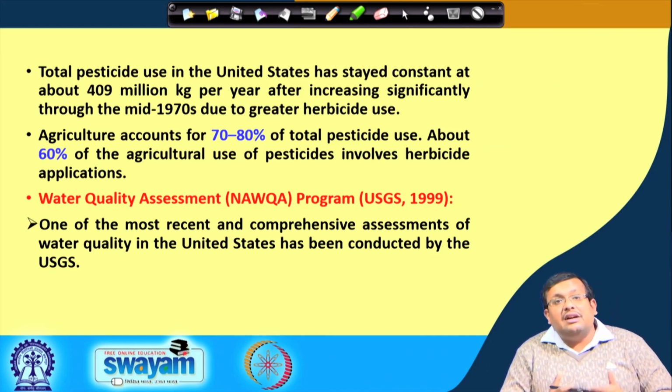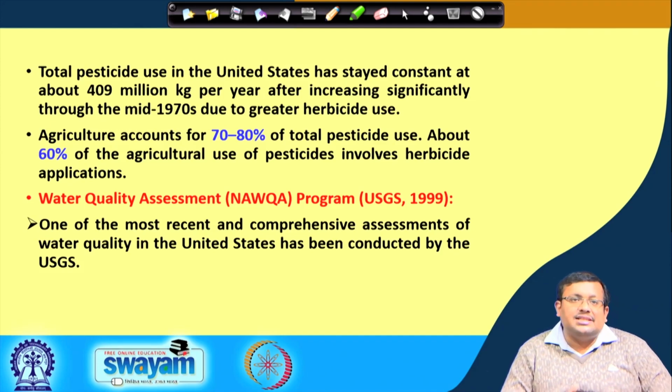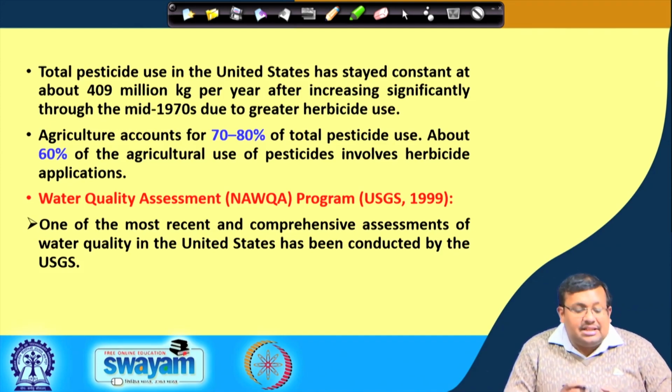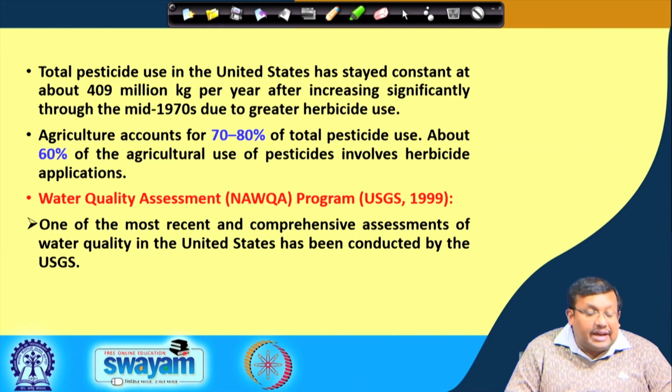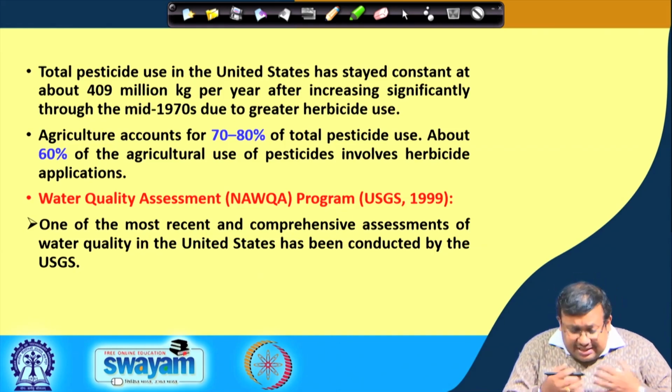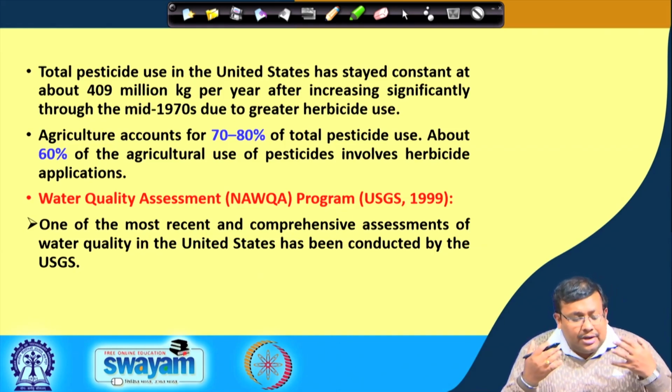Remember that agriculture accounts for 70 to 80% of the pesticide use, and about 60% of the agricultural use of pesticide involves herbicide applications, because weed is a very important issue nowadays for agricultural production. In this regard, we want to discuss one important law